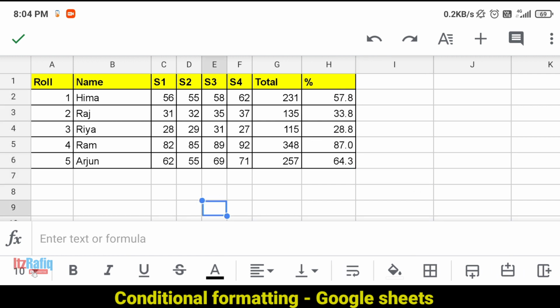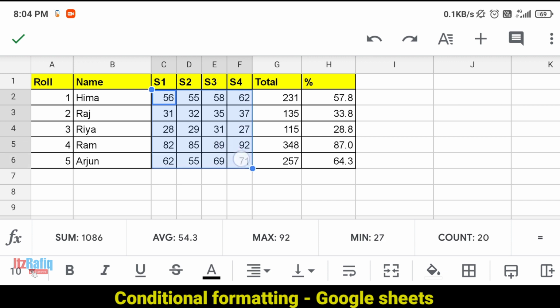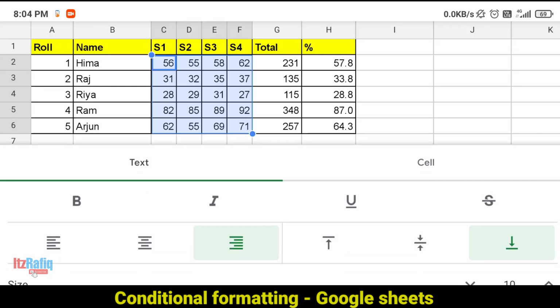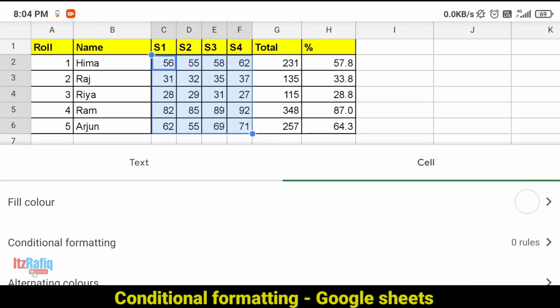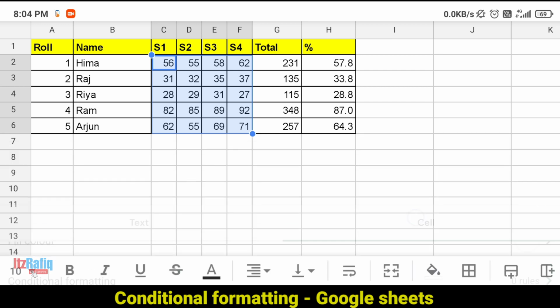Now suppose for the subjects I want to put conditional formatting, meaning on which subject the marks are below 30, it should be displayed in red color. So first I will select the numbers from 56 to 71. I will select only the subject numbers, not the total and percentage. So I have selected. After that tap on A and tap on cell, and here you will get conditional formatting.